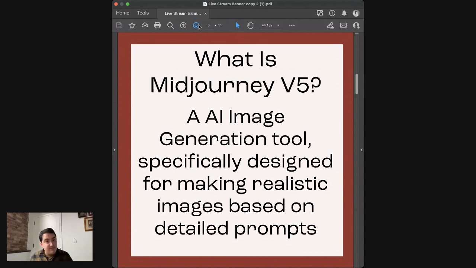In the past, even in the last class I gave two weeks ago about writing prompts for Midjourney, the prompts have changed. The style they want you to write in has changed. Now they really want you to write in cohesive, detailed sentences. The more detailed you are, the more accurate your image is going to be. They talk about this at length in their new documentation on the Midjourney website. They specifically say that V5 is catered most to people who will write long, detailed explanations of what they want, and it'll get you that.